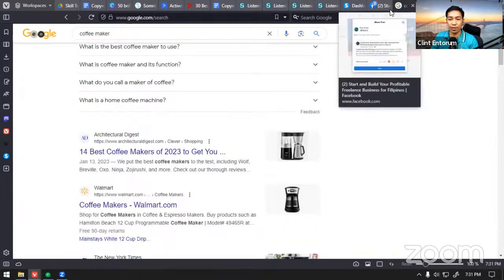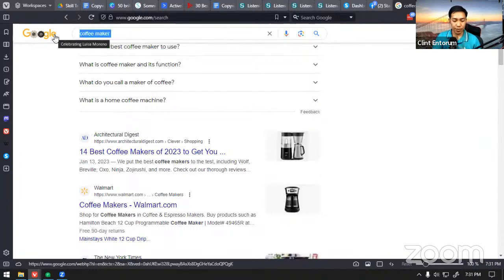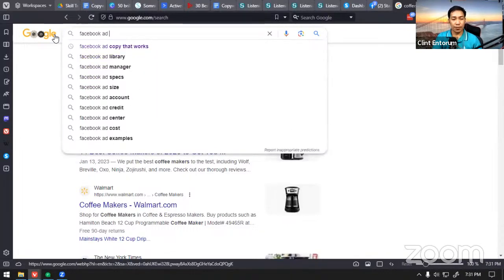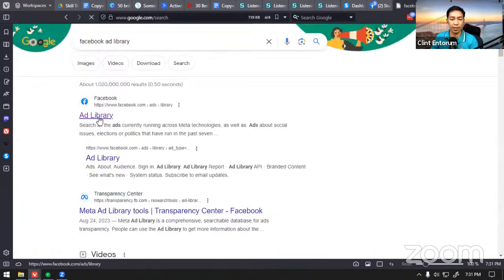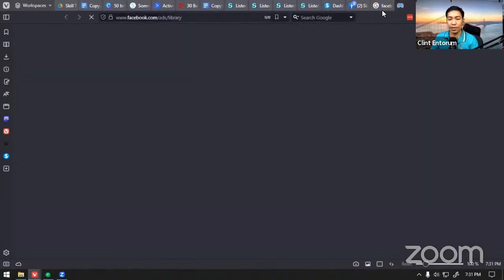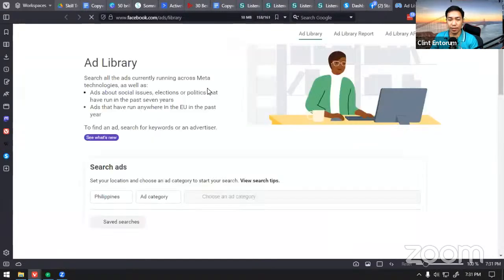And even on Facebook, if I search for the Facebook Ad Library, you could find a lot of sample copy there. And you will notice that in Facebook ads, there are what they call headlines.